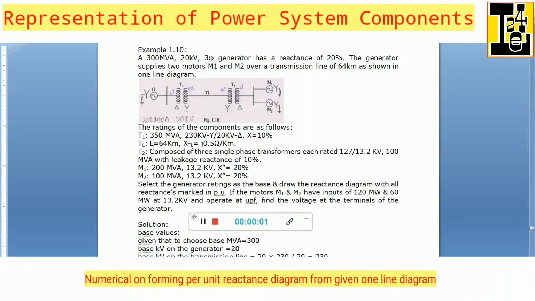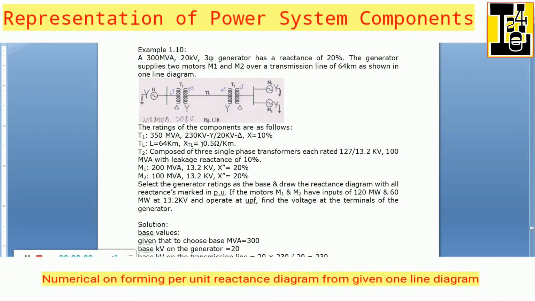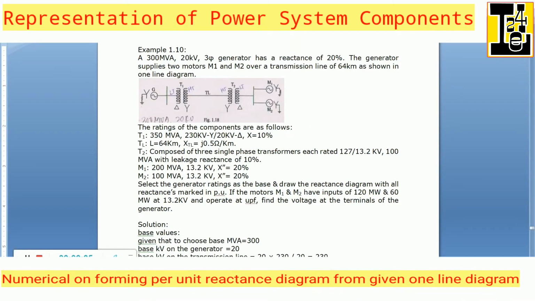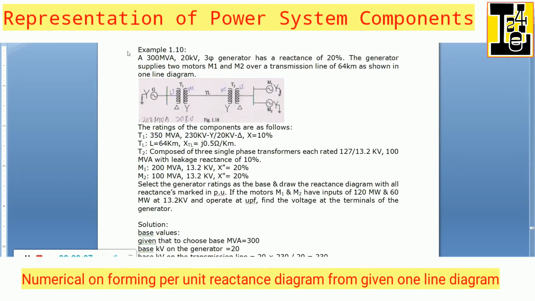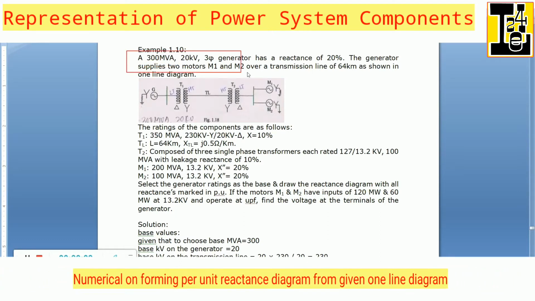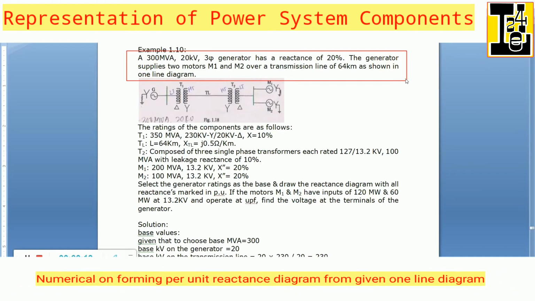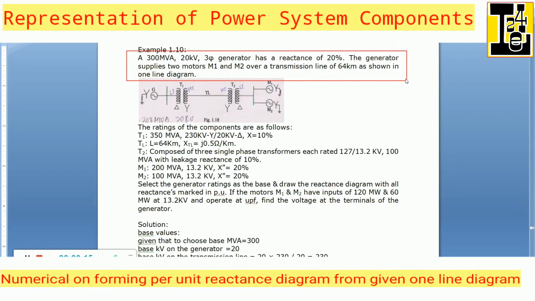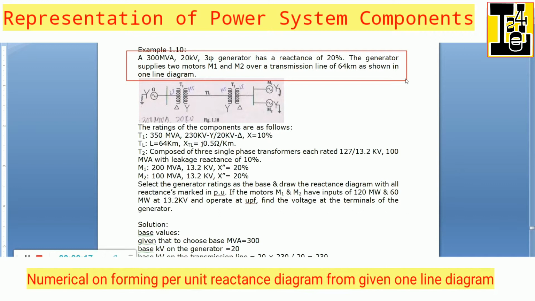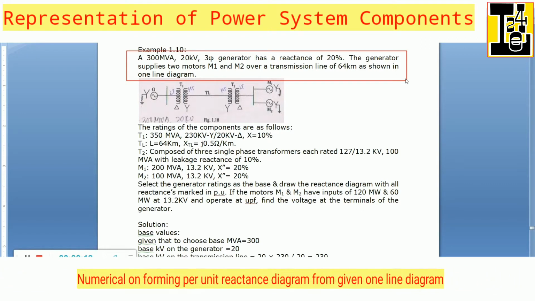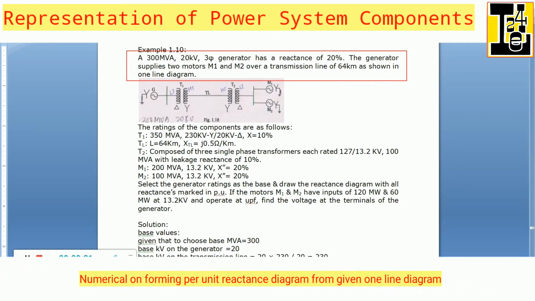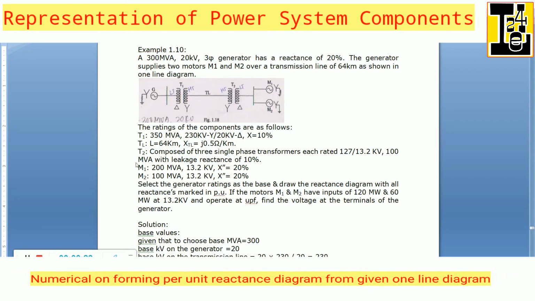Dear students, let us solve the examples on first module. I shall read the problem statement. A 300 MVA 20 kilovolt three-phase generator has a reactance of 20%. The generator supplies two motors M1 and M2 over a transmission line of 64 kilometers as shown in one line